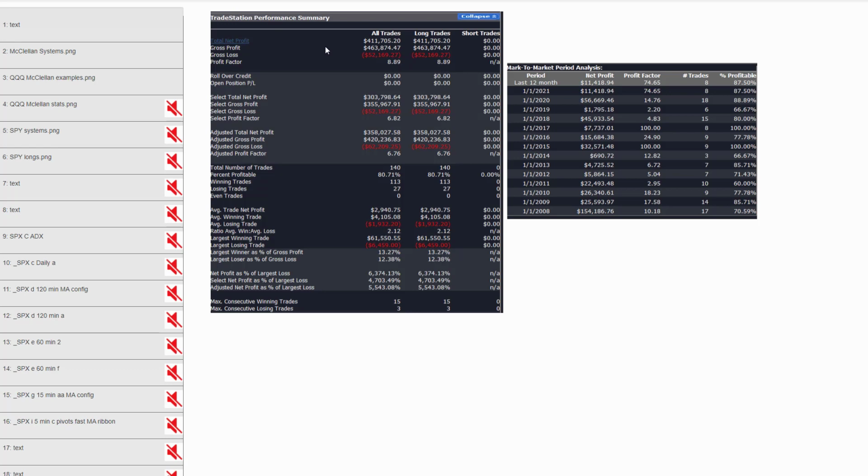Next, item number 4. This shows you the statistics for that individual system. A profit factor of about 9.9. Again, that is derived by taking the gross profit divided by the gross loss. Essentially, for every dollar lost, it made close to $9. So pretty damn good profit factor. 140 total trades, 80.7% winning trades, and my stats on this one go back to about 2008. On my S&P 500 McClellan oscillator system, my stats go all the way back to the 80s. But for this one, only back to 2008. That's as far as my data goes back on that individual McClellan oscillator.